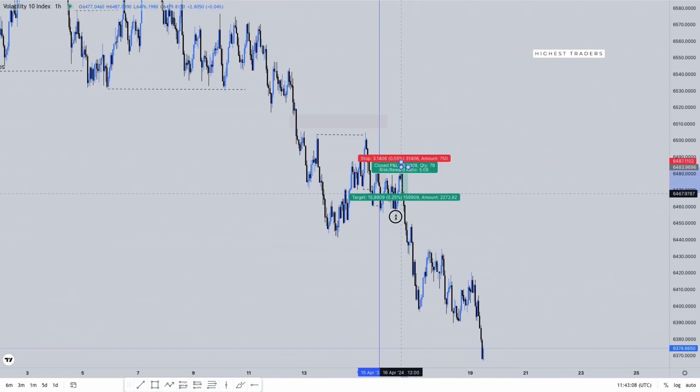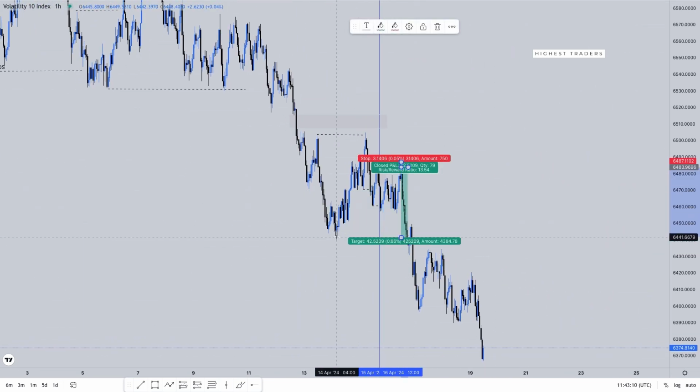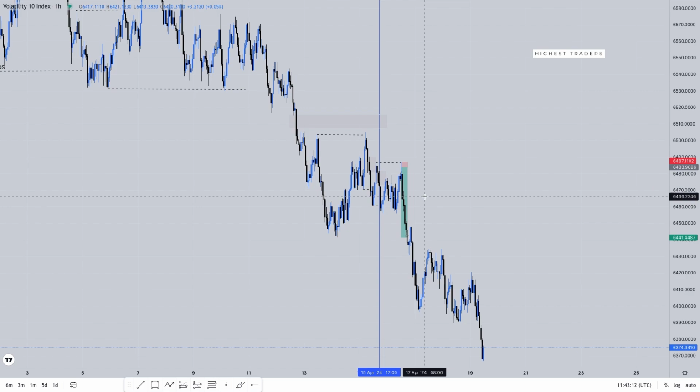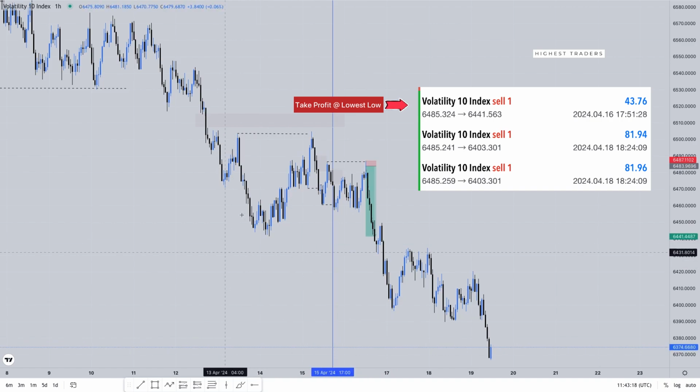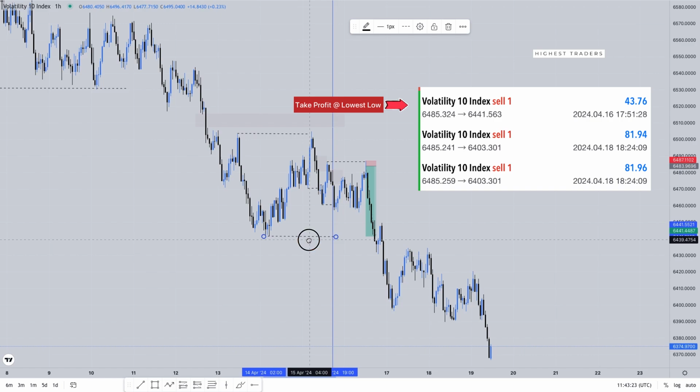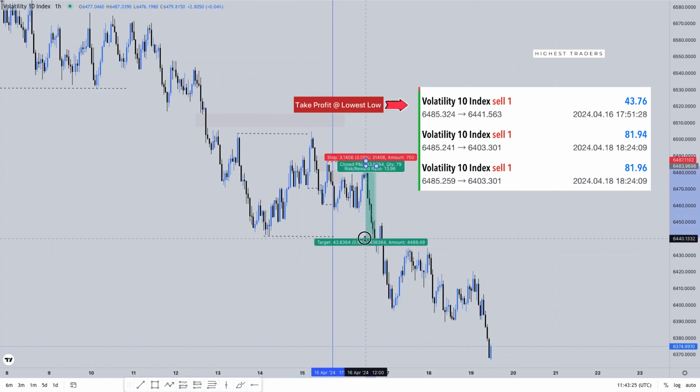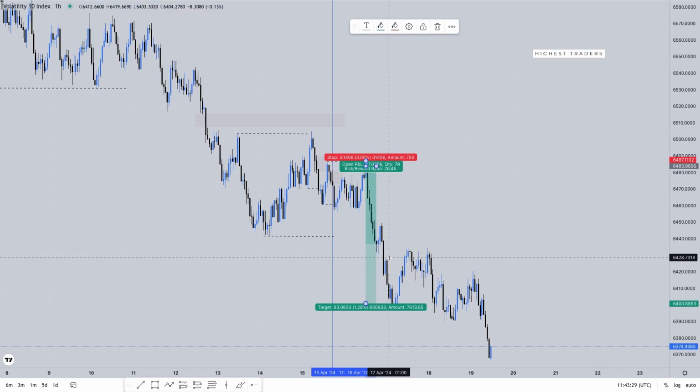The first take profit is supposed to be the lowest low, this low here. But if you are like me, sometimes we just decide to listen to price and let it do what it wants to do first after taking partials. So I took partial at the first take profit level and then just let the price roll. I closed my trade overall at 1:28. I think I closed my trade at 1:28, and that is how the trade was.